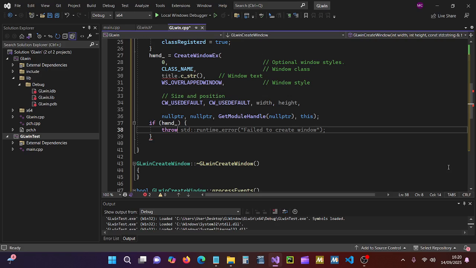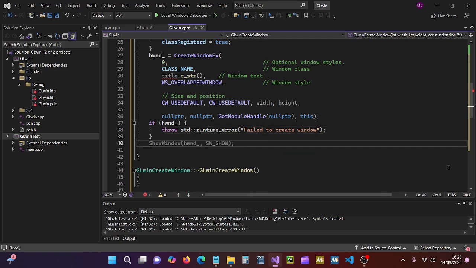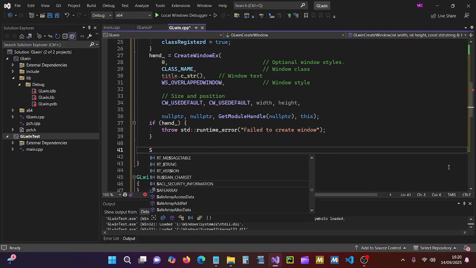A runtime error, failed to create the window. Okay, that's good. And then the last two bits on this piece, which are Windows bits,